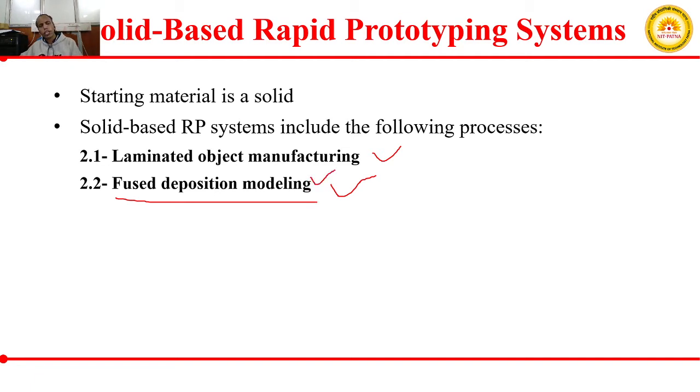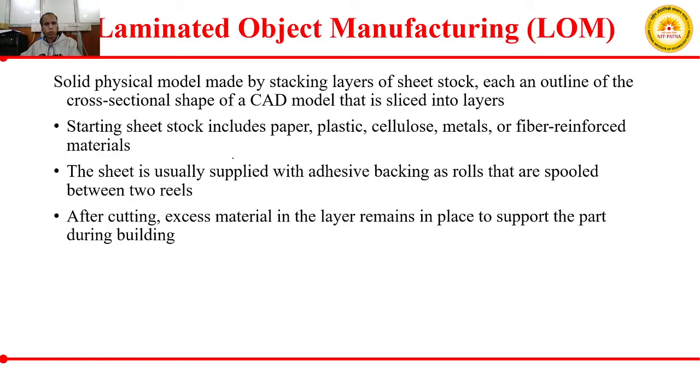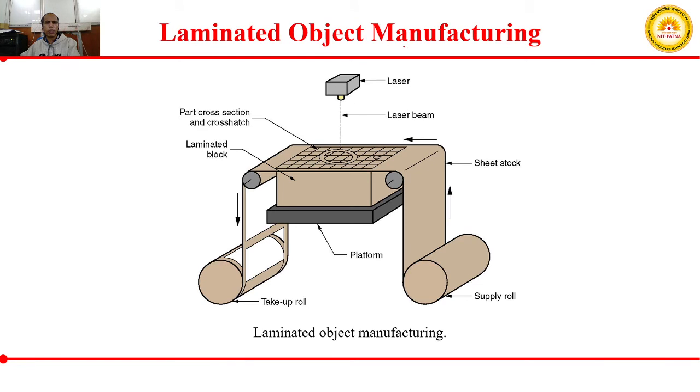But as far as I recall, this was the first kind of RP technology which was used to produce a product using layer by layer material addition. Okay, so under laminated object manufacturing,